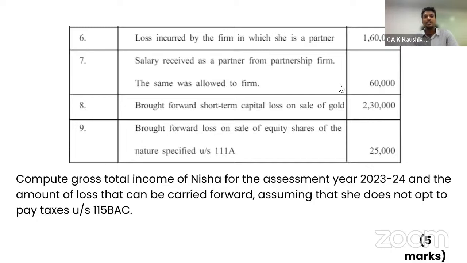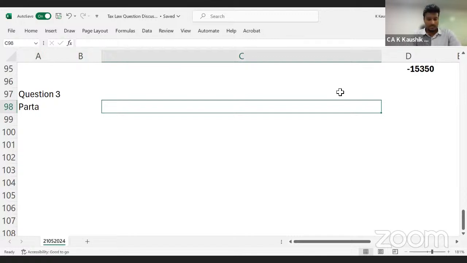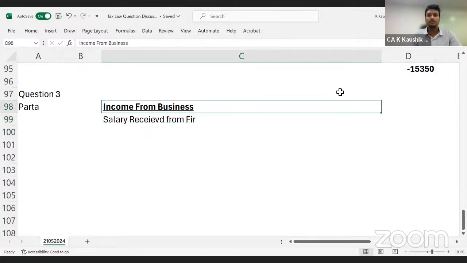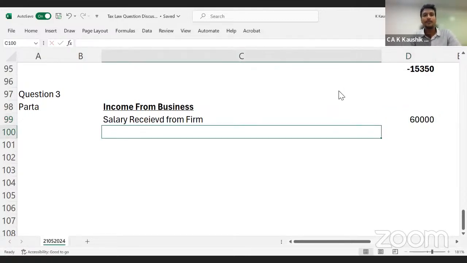Now, first and foremost, let's take question number 3, Part A. So what we have here is income from business. The first and foremost is salary received from firm. How much is the salary received from the firm? 60,000. And then we have